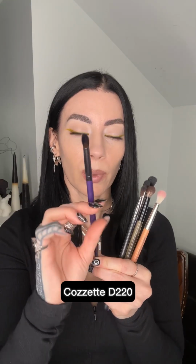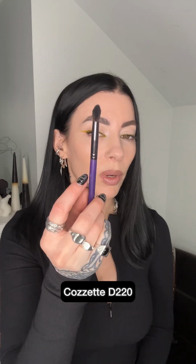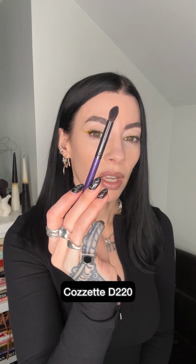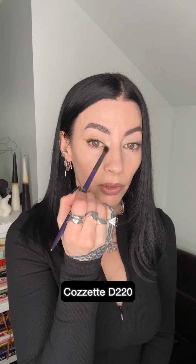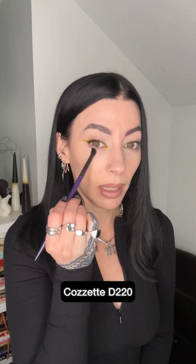This is the BK Angie Hot and Flashy A503 brush. Another Cozzette brush that I love, this is the D220. You can see it's a lot smaller than the S175. So if you want to do a little bit more of a precise blend, you can use this smaller brush. It also has that tiny little tip on it as well. This is really good for blending into the inner corner of the eye and also for doing that blended blowout